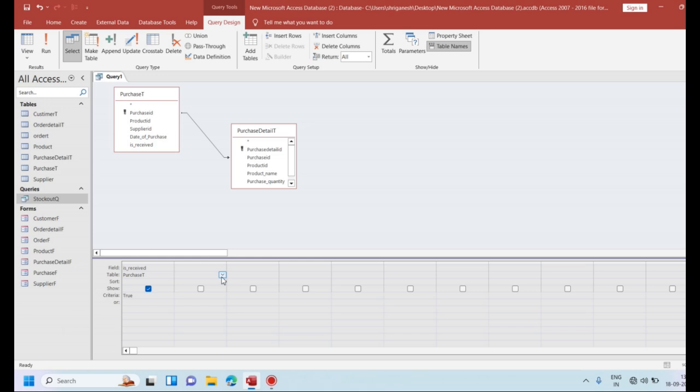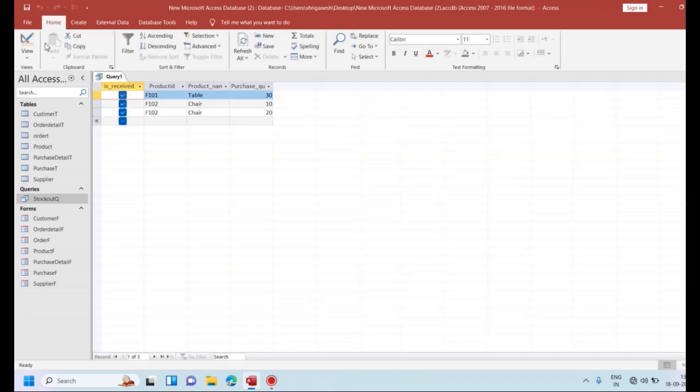Then from the purchase detail table we will take the product ID, the product name, and the product quantity. So we take these three fields and we run it.